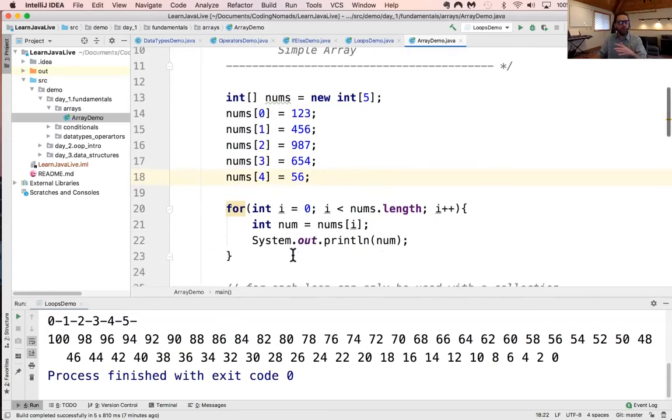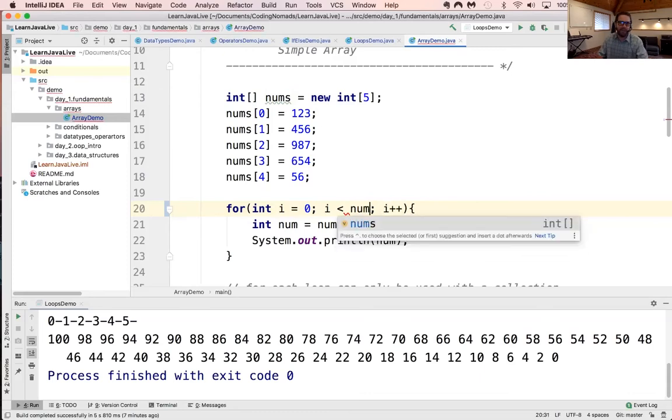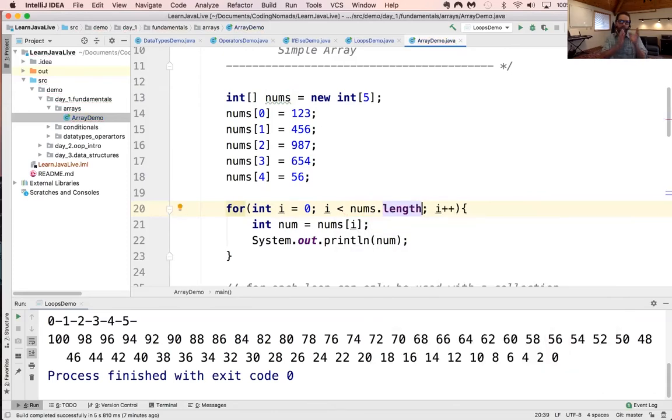Like I mentioned before, the for loop is very, very useful when we're using arrays, because of this variable that we declare almost always with for loops, like int i equals 0, and then we're going to iterate as long as i is less than nums.length. Anytime we're iterating over an array, we could just say less than 5, because we know the last index is 4, but it's always best practice when iterating over an array to say nums.length, which will return 5. So for 0, 1, 2, 3, 4,